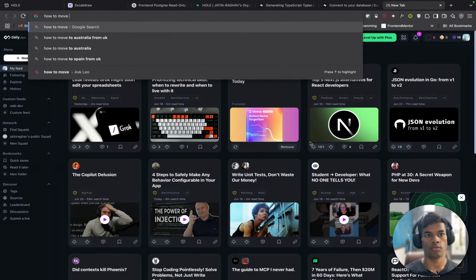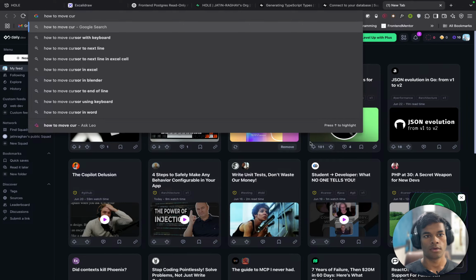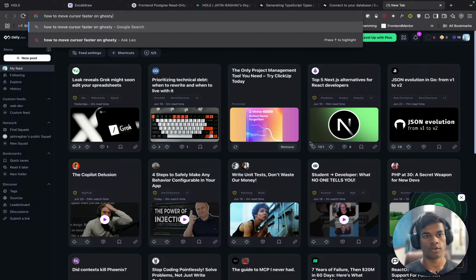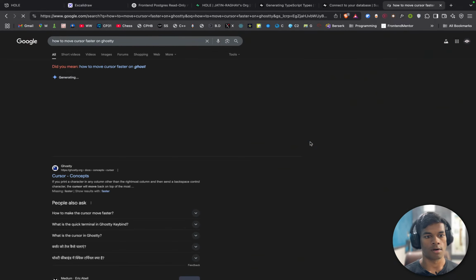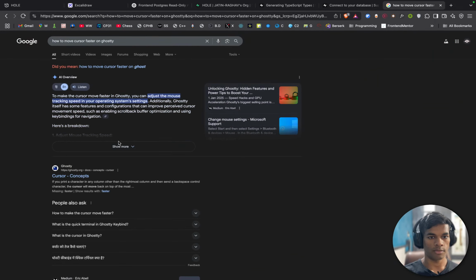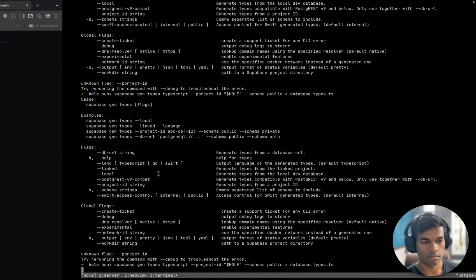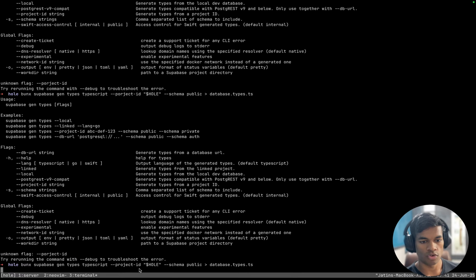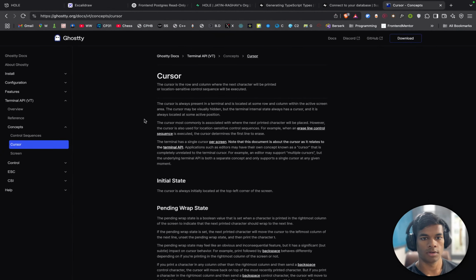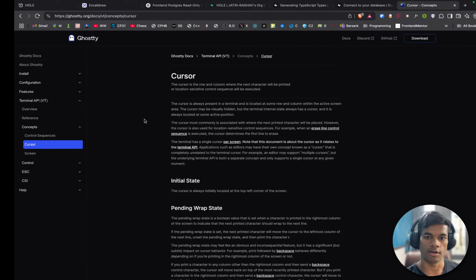How to move cursor faster on Ghostty. Ghostty cursor concepts. Adjust the mouse tracking speed in your operating system settings. It is taking a bit of time. Project ID. The cursor is the row and column where the next character will be printed.